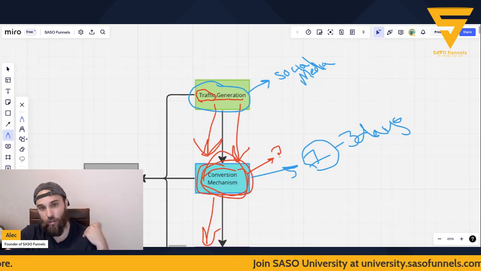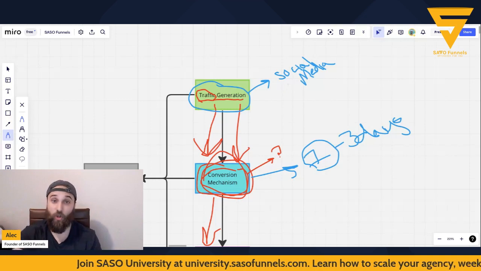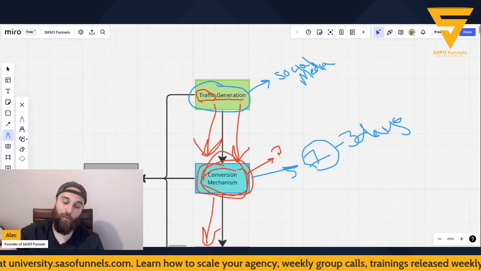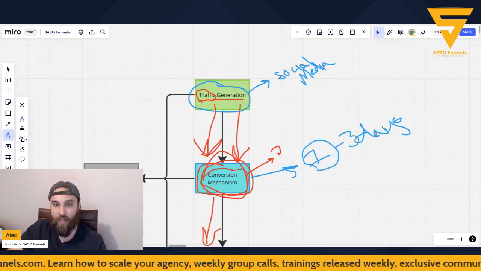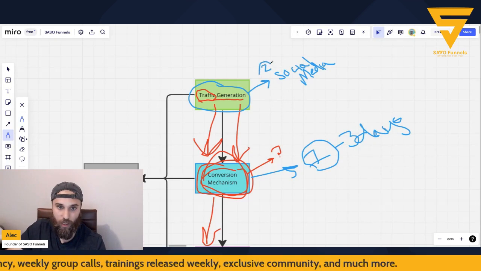You get them on to the social media, which is free. You make content. Why would they follow you? Well, you're making content that's going to solve a problem they have. And of course, that content resonates with them and it resonates with other people already following you. It's the ultimate downsell. So then after your conversion mechanism, you're going to go and you're going to do social media and you're going to create content.